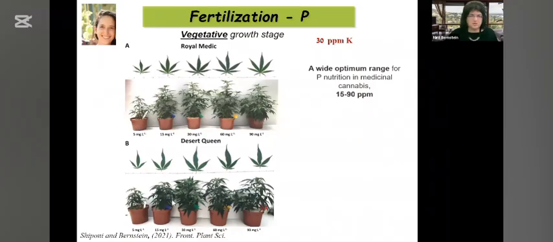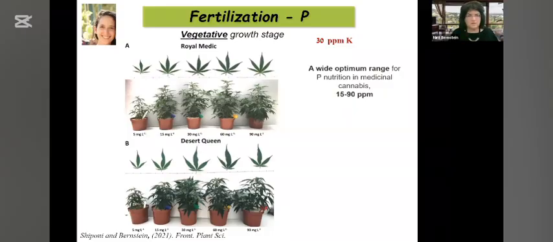So let's look at the vegetative first, and we show here the results for two different varieties. Again, we started because we had no idea where to start, because there was no information. By the way, when I say no idea, it's not that there's no science-based information. If we look on the website, what we like to call Dr. Google, we find thousands of blogs, and many of them were saying, and still say up to today, cannabis is